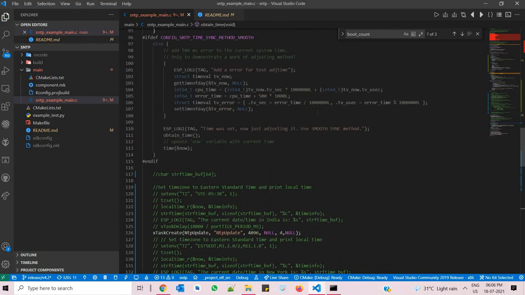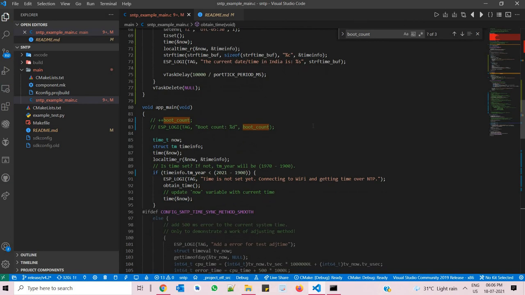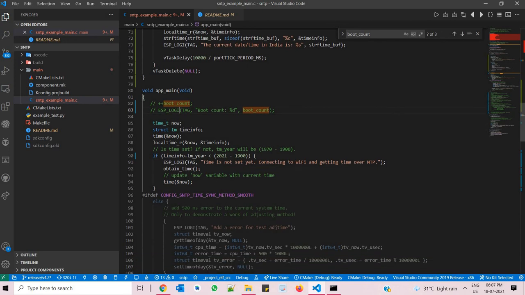Here, yeah, this is the app_main function. Here the program execution will start. As I said, I commented out a few pieces of code which I haven't required. See, this is the code. It's getting the current timestamp from the internal memory or internal clock.